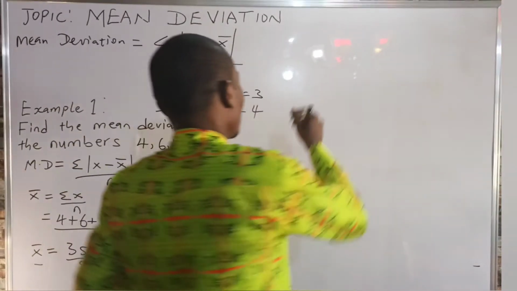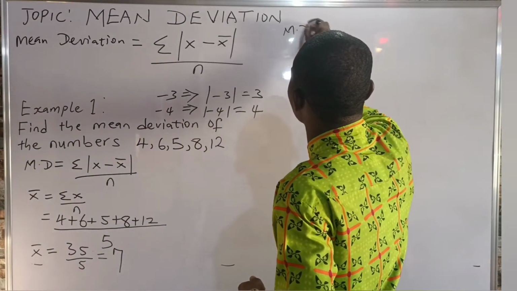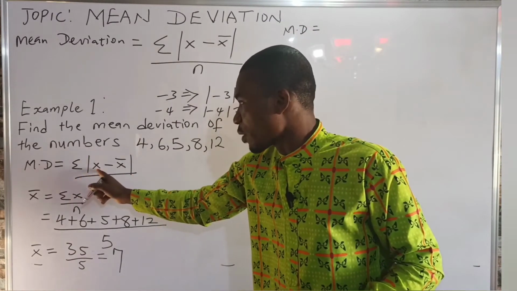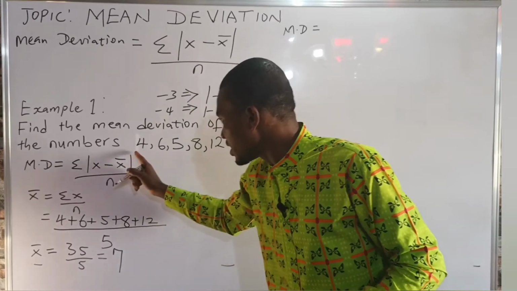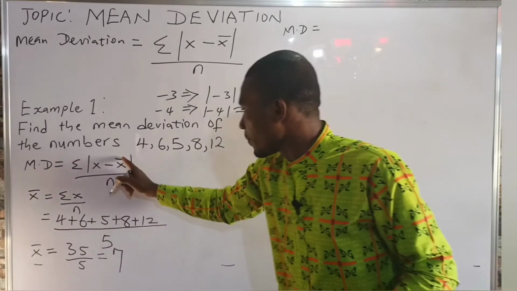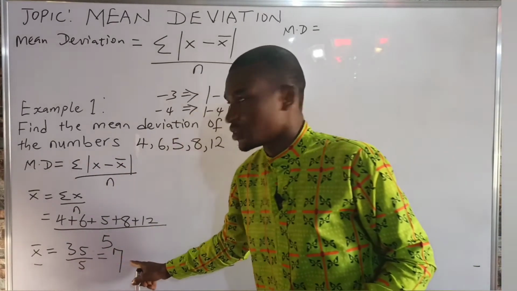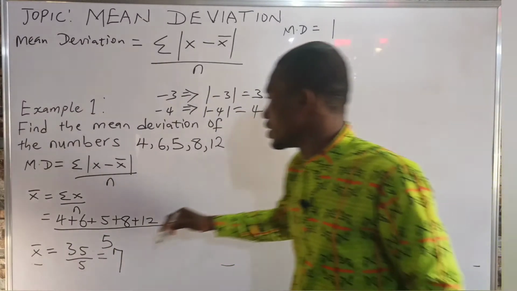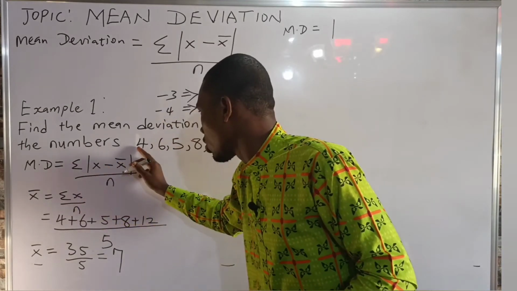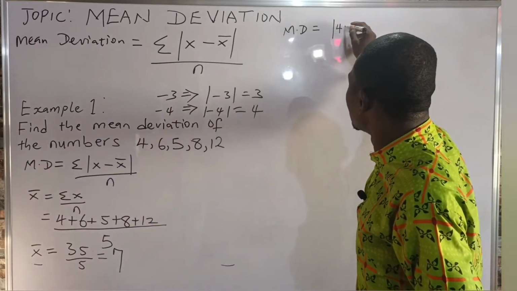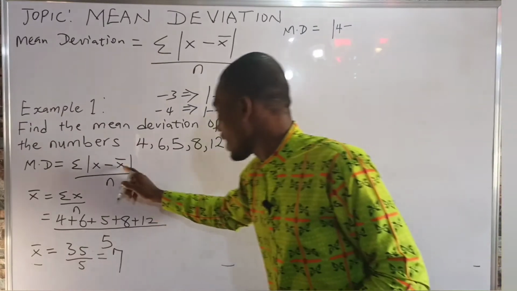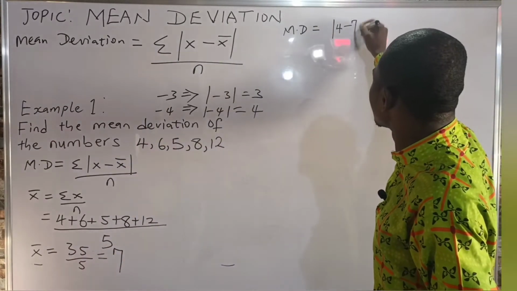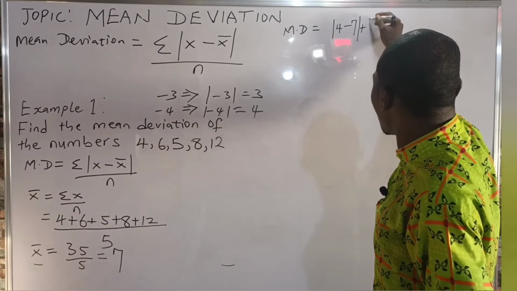Then the mean deviation will now be equal to, remember, the summation of the absolute value of x minus bar x, where x are the individual scores here, while the bar x is the mean, which we found to be 7. So let's substitute it here. We then have the absolute value of 4, the first score, minus our bar x, which is our mean, 7, so minus 7,